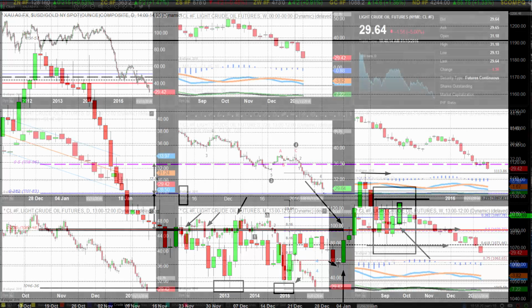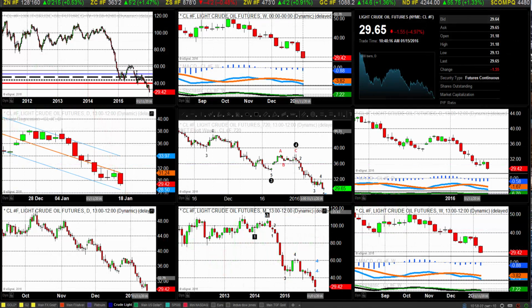So traders, no doubt about it, there are two precipitating factors to seeing not only gold trade higher, but equities trade under pressure. And in two words, they are China and crude oil. China, in terms of their economy slowing down, in terms of their equities markets being under pressure. The fact of the matter is their consumption of oil has dropped. When we look at the price of crude as it trades today, losing another 5% on the day, but below